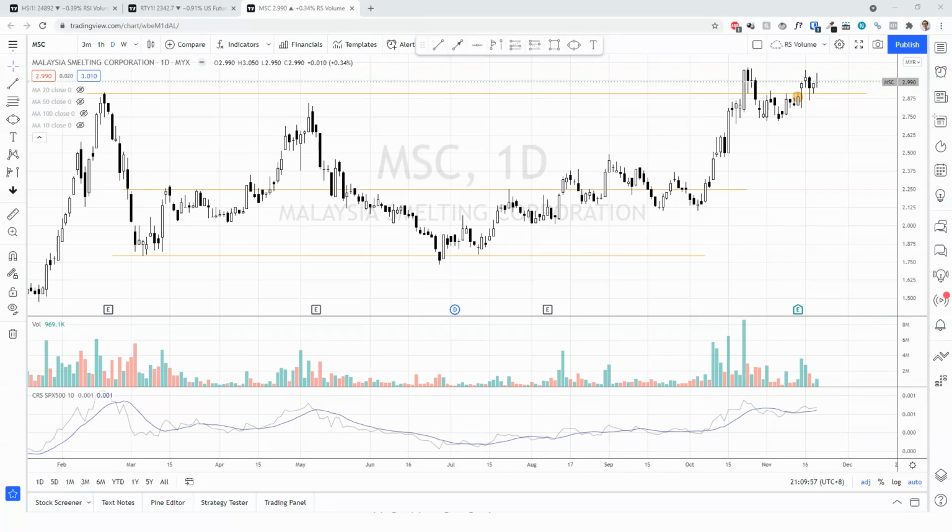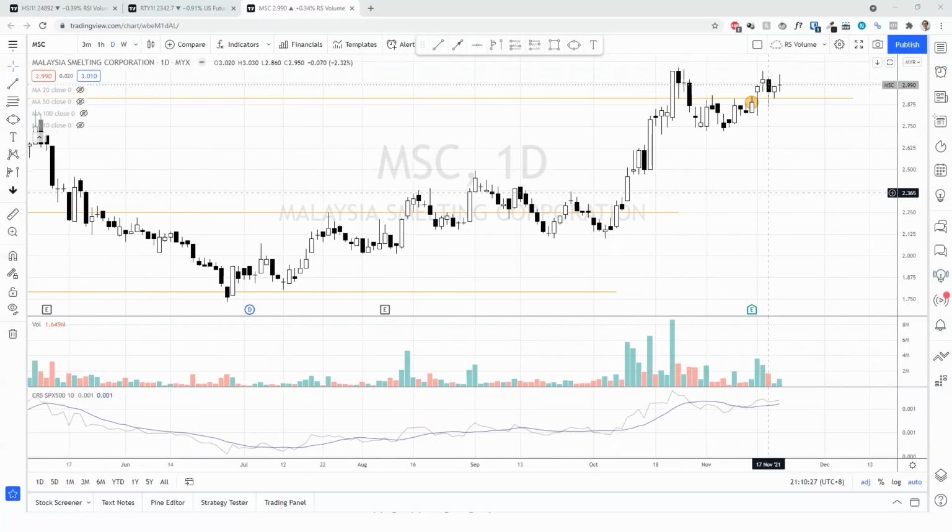Okay, next one, MSC. I talked about MSC last Sunday here. So this is MSC. In terms of the overall big structure, there's no change. I still believe that this is still a sign of strength rally with a backup action still unfolding. We do get a reaction, a positive reaction, out of the earning, I believe. This is a spike of the volume, so it could be the earning. And subsequently, it just moved up a bit with a settling down of the volume, supply is decreasing.